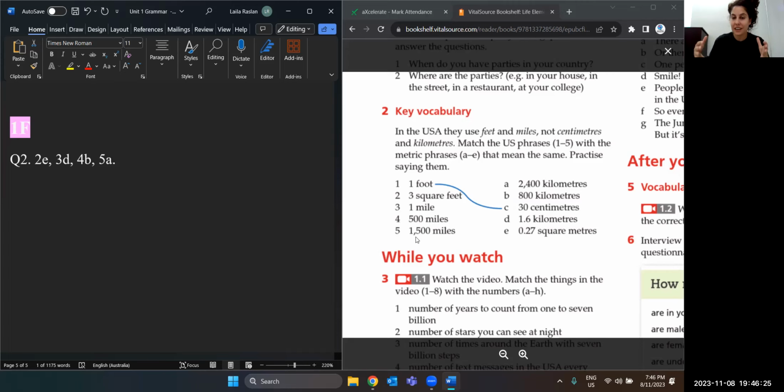After 999, we then have a comma. 1,100, 1,200, whatever. 1,500 miles is equal to 2,400 kilometers. Yeah, good. Okay, so that's vocab with talking about in Australia using kilometers or centimeters and how to